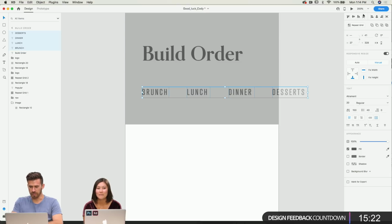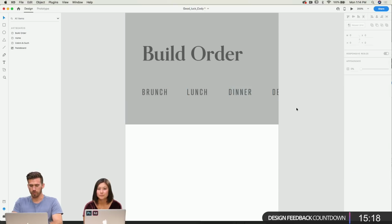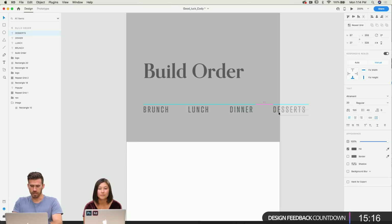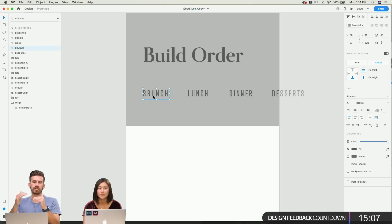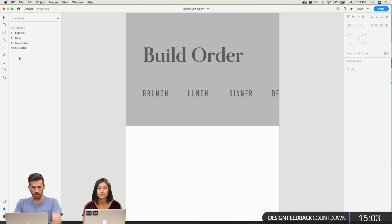So I'm just using the align tools up here to make sure that they're perfectly spaced apart. But I might creep this one a little bit. There we go. And so right now when you land, since it's the time of day of brunch, I think maybe this could be dynamic, so if you come in after brunch, it would default to lunch. But for now, we're gonna be